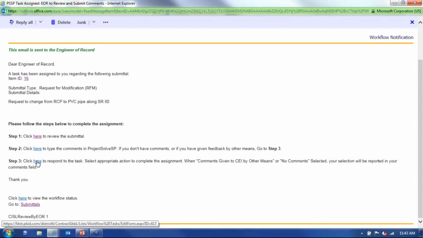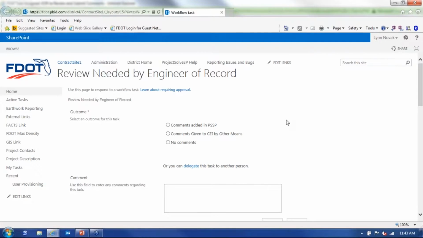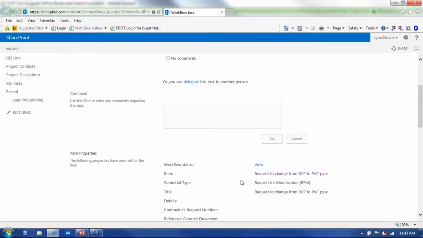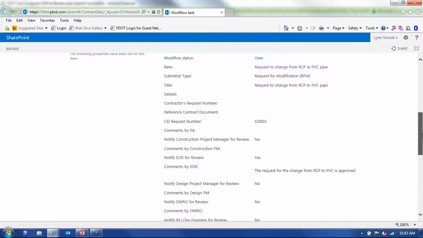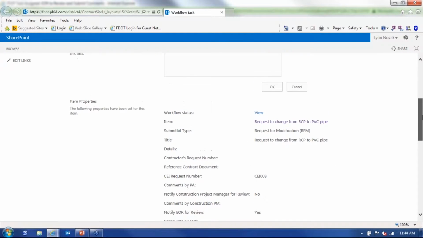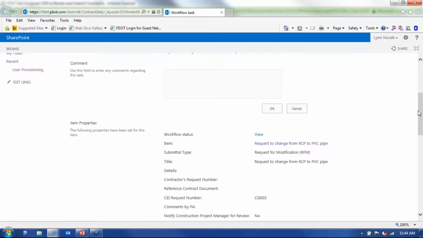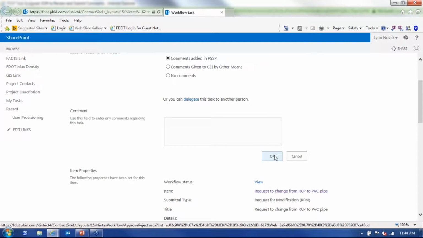So we go back here now. The EOR wants to close out the task. They're going to open their task. They're going to say, I added comments in PSSP. If they want to make sure they have the right item, when you scroll down, you'll see all the information for the item that's here. They can go ahead and look at that. If they want to click on the attachment, if there's an attachment, they can open that and review it again before they finalize their task. Once you're done, click OK. Sometimes it takes a minute for it to